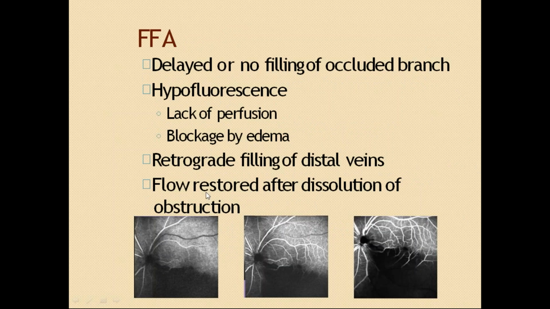Here in the angiogram, you can see all these vessels are very well filled. Even this vessel which is not filled here got filled up here with the dye. But in this part you can see neither a vessel nor the dye in that particular sector. Why is this black in color? Because of edema, we are not able to see the dye in the posterior part. Because of edema, it is completely obstructed.